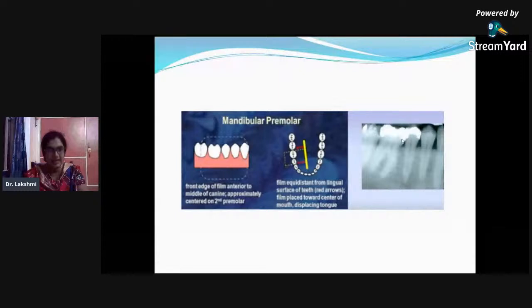What are the two techniques we follow for intraoral periapical radiographs? The parallel technique and the right angle or long cone technique. It is an oral radiographic technique. Placement: how? See this one. This is a film holder in which the